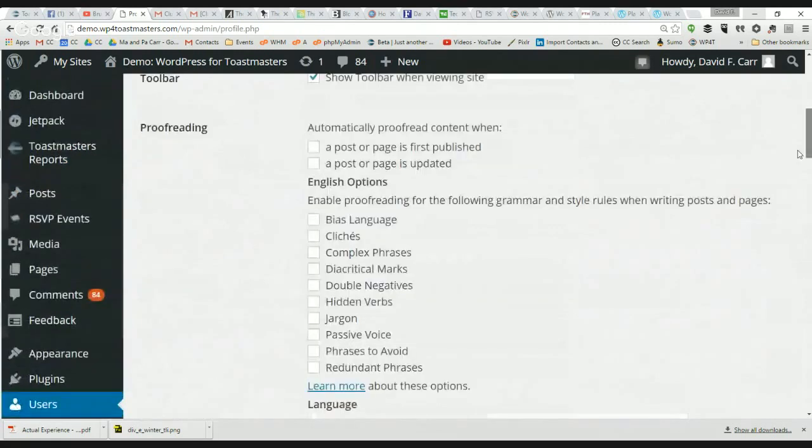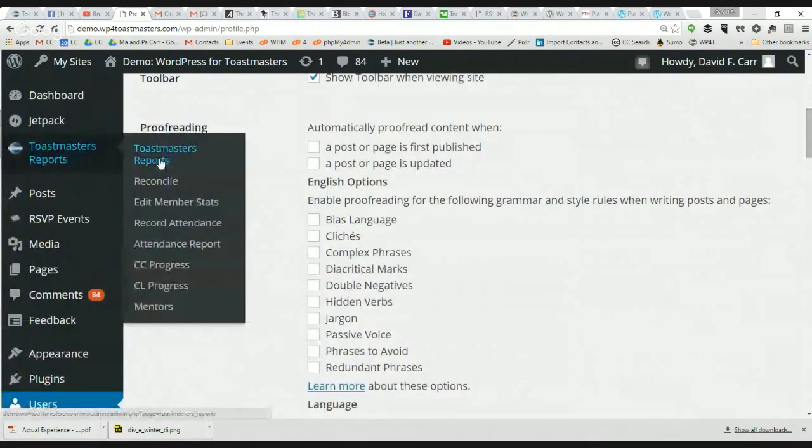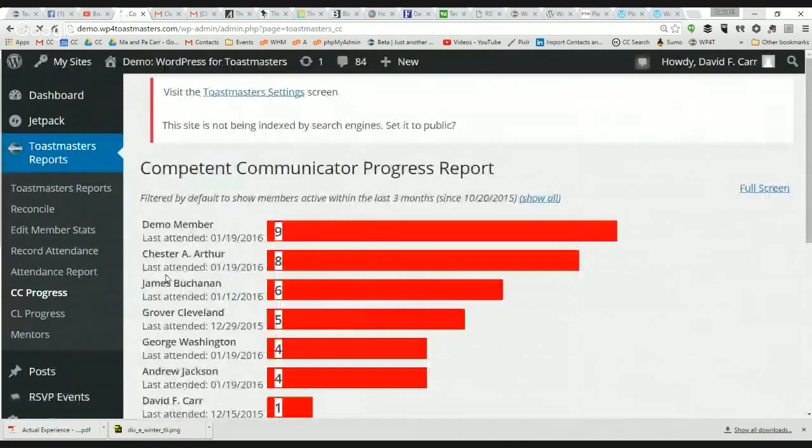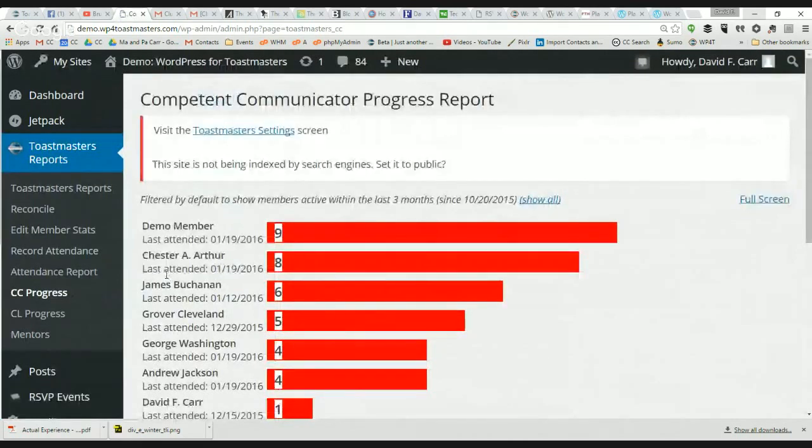The other thing in here that's custom is we built in a whole series of reports. And this was based mostly on feedback from one particular vice president of education who had built out something very similar to this in Microsoft Access.